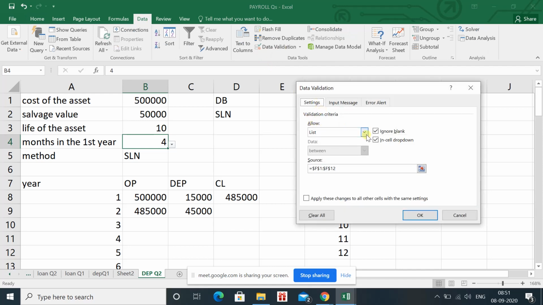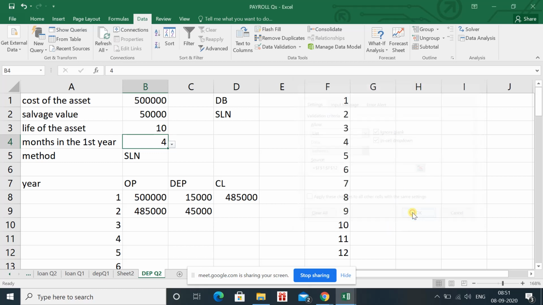In settings, you will see that you have the different options. So you will select the list. After selecting the list, you will click this red button and select 1 to 12 all the values. So I have already selected F1 to F12 and it will automatically fix it. You just select it and then press OK. Your drop down box will be created.